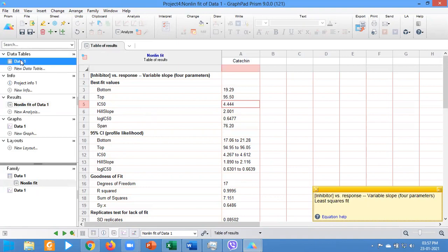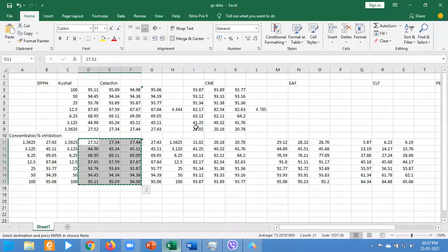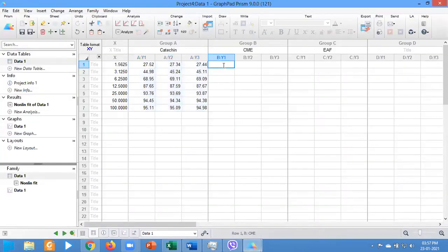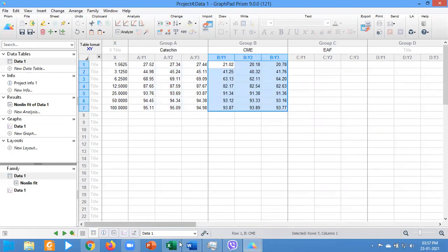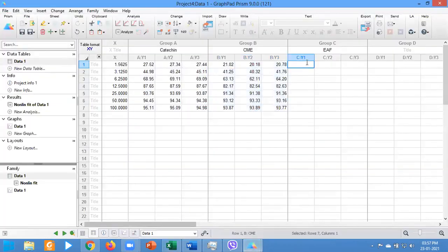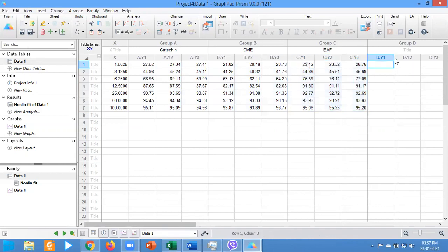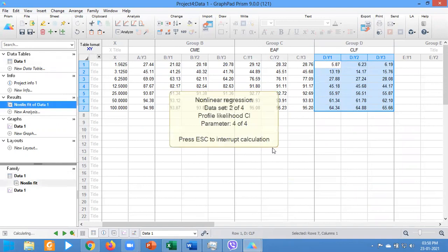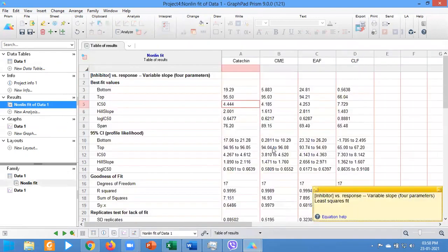And the interesting part is that you can carry on multiple tasks within the same plot. That means if you want to input more data, click on the data. I'm going to choose the data for CME, crude methanol extract, the percentage of inhibition of crude methanol extract. Now I'm going to put this here. I'm also going to choose the data for ethyl acetate fraction. This is ethyl acetate fraction data. Copy this data, put this data into the EF section. Now click on the results. And this is going to calculate all the IC50 values for you. You see the IC50 for CME is 4.185, EF 4.253,